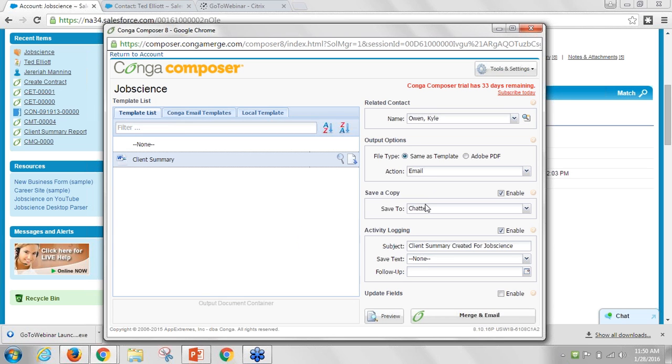What you'll see on the right-hand side are a lot of behaviors, and these can all be customized. Coleman and I are working with product folks here at Conga and product folks there at Jobscience to build these solutions with the best kind of user experience, to give folks the ability to have some freedom to choose, but also be able to automate those as well. In this case, there's a couple different ways we can do this. We can have the output option be the same as the template, or we'll convert it to a PDF.